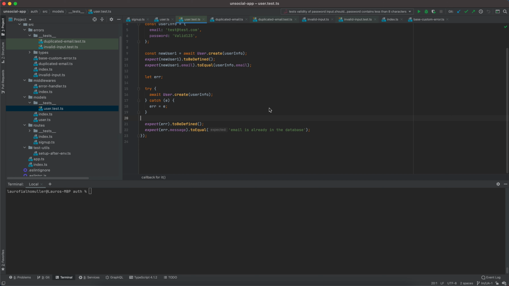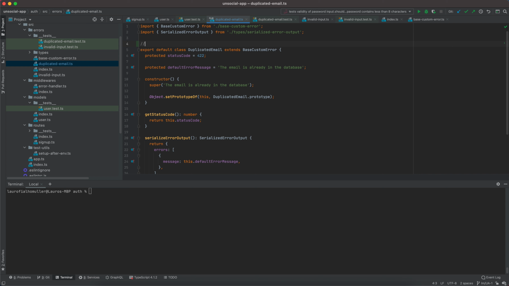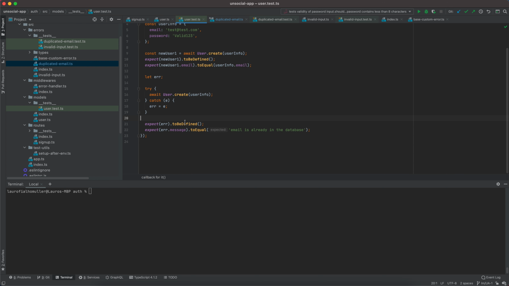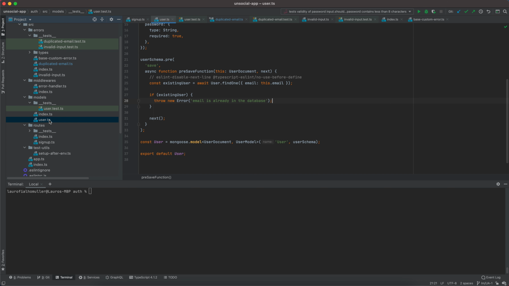So in the previous video we implemented this duplicated email error, and I'm still not very satisfied with this name, so I'm just gonna write here "rethink name," right? Naming. Good, because then if I want to change this later on I can. But what I was thinking is that if I look at my user model and I go to the file user.ts,